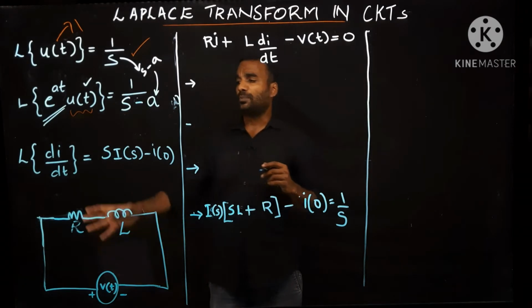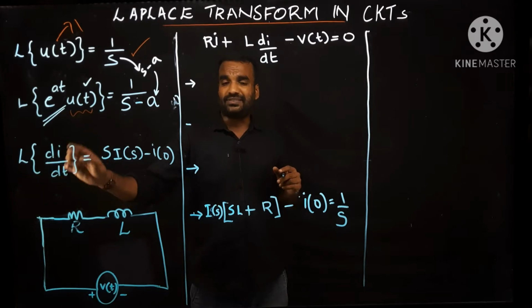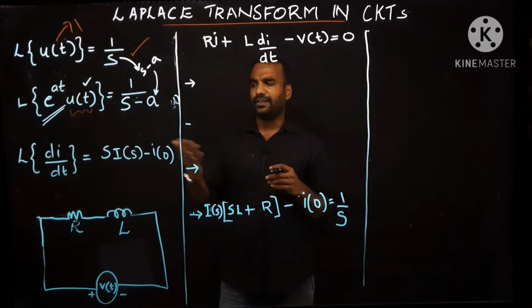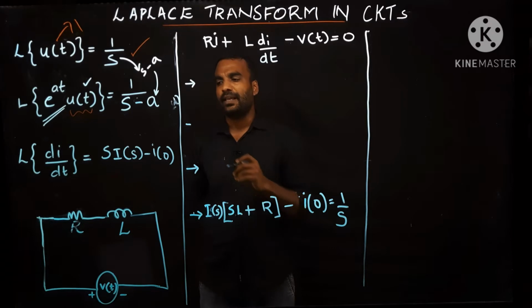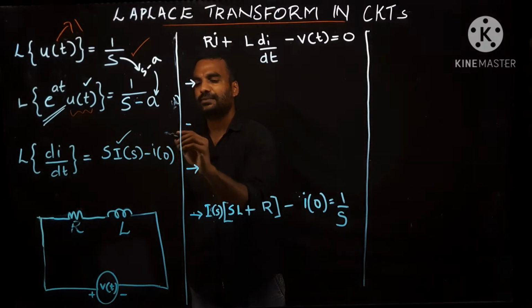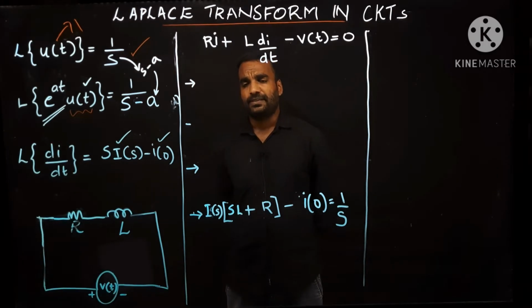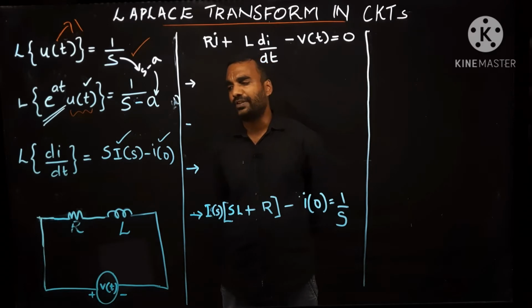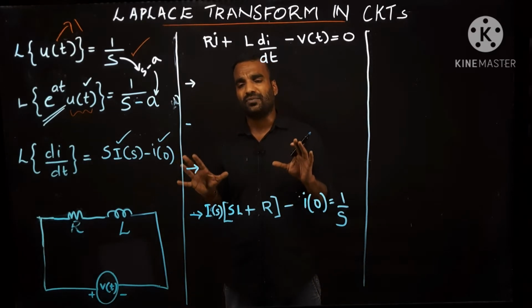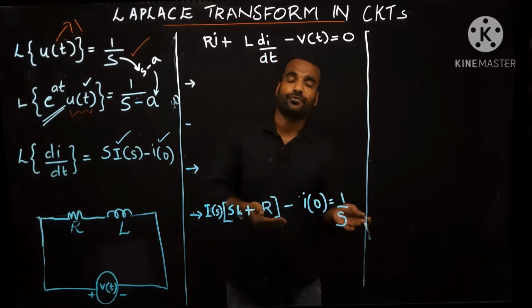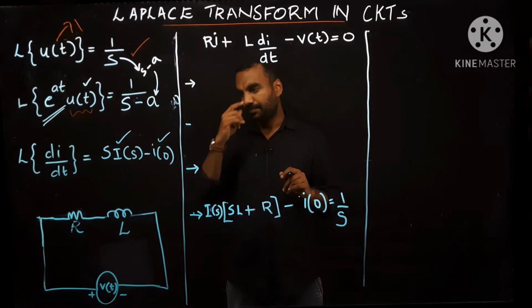Now, let me do one more thing. What is Laplace of a differential equation? It is di by dt, first differential of i. Let i be the current. L of di by dt is nothing but s into I of s minus i0. This is an important thing. In the last class also we discussed this result. Generally you are going to convert a differential equation from time domain to frequency domain, so this is the main equation that you need to memorize.